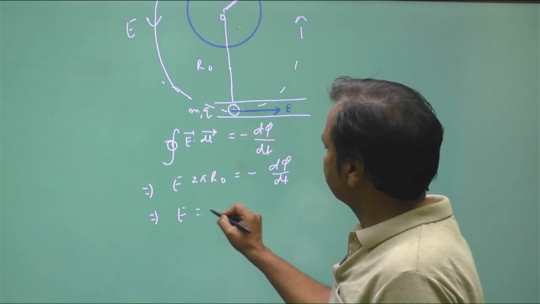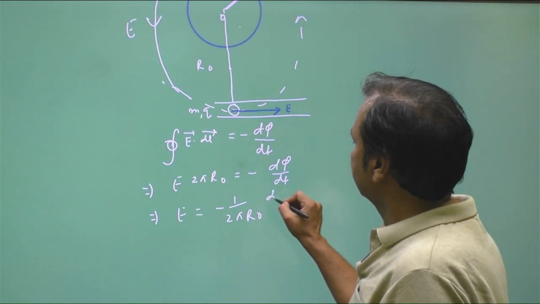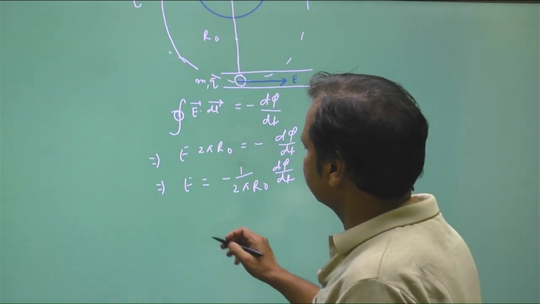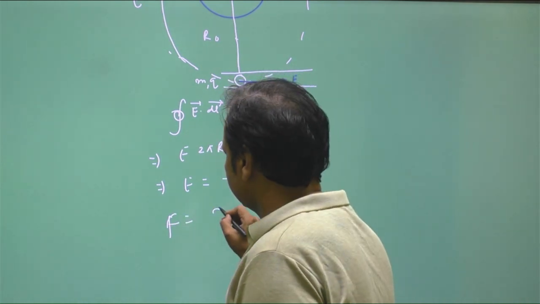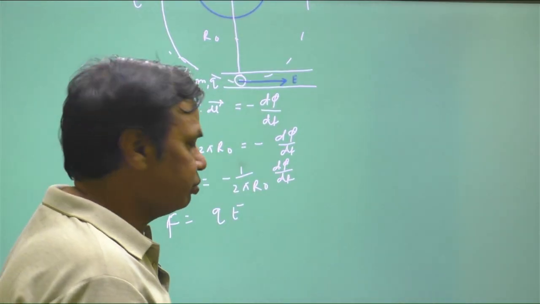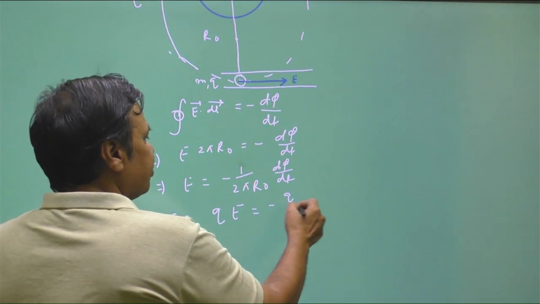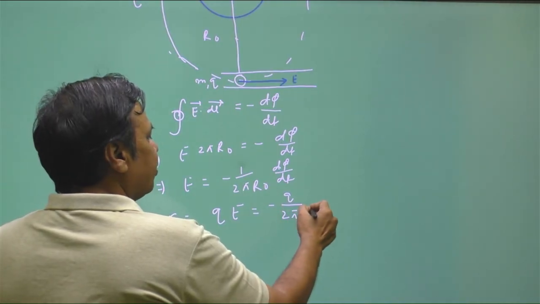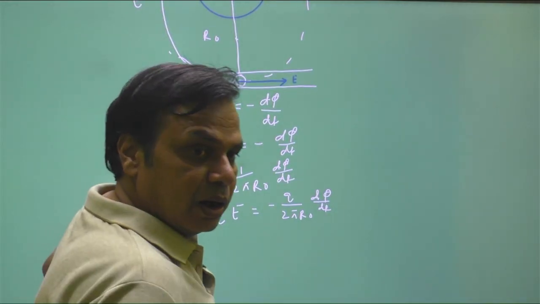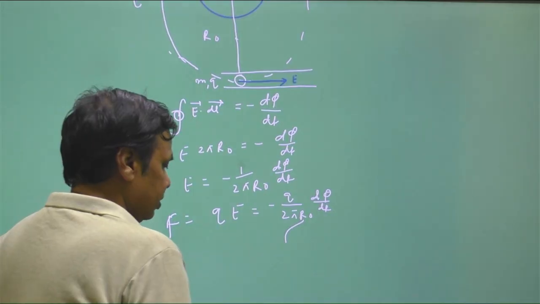So what we got from here? We got the magnitude of electric field equals minus 1 by 2 pi r naught d phi upon dt, and it is going to produce a force that will be equal to QE. So this QE can be written as minus Q by 2 pi r naught d phi by dt,